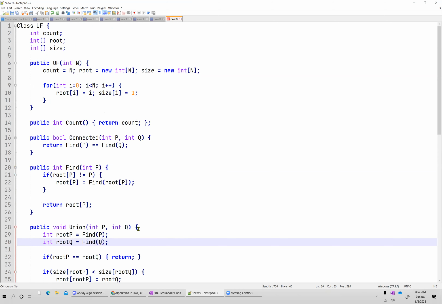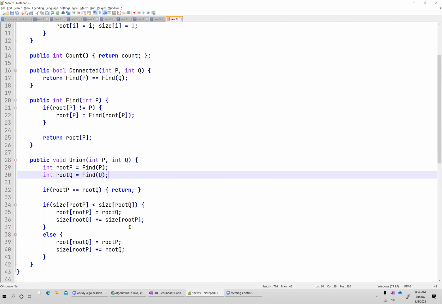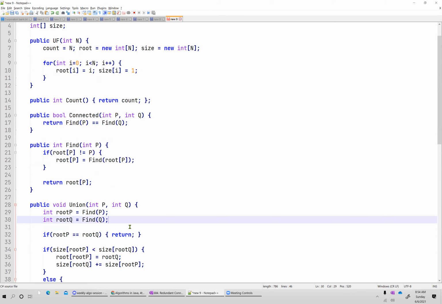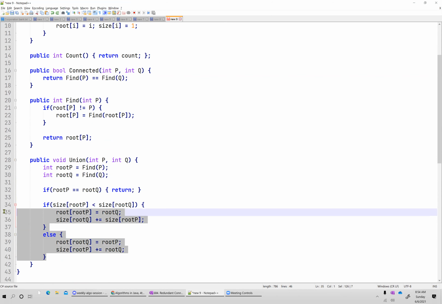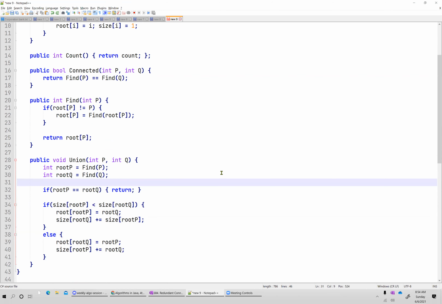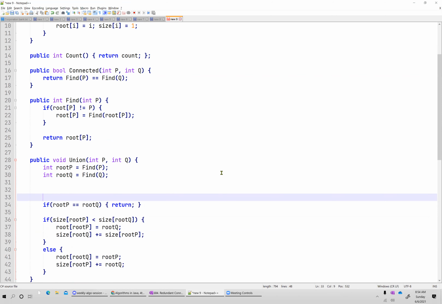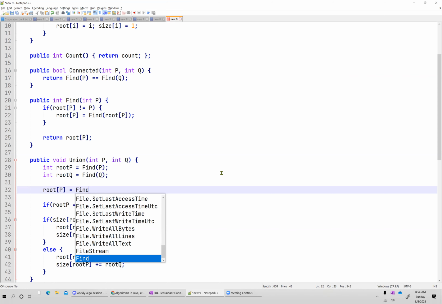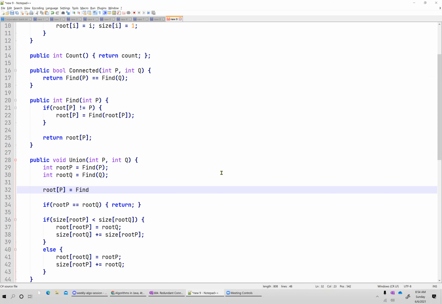What about the code implementation? Instead of size, what are you planning to do? If we do without size, we'll just directly write root Q equal to root P. We won't care about anything, we'll directly just set the root. But actually, size also comes in helpful in some problems to return the size of a component. If I want to do that, then basically I will do this: find and find. I think it would be root of root P, not P.